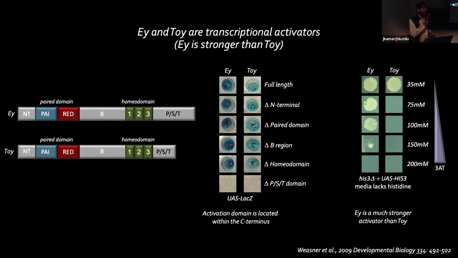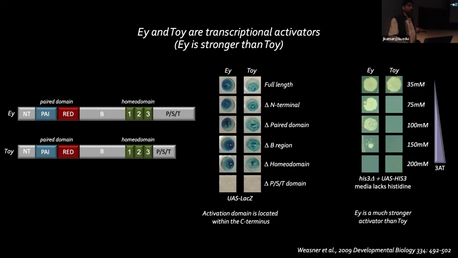So do the strengths of these activation domains actually matter? Are they biologically relevant? I've shown you the loss of function mutants, but that could be due to different parts of the protein. We're going to try to tie this to the activation domains. So I'm going to switch gears for one moment, just a detour to show you that those C-terminal domains are actually biologically relevant.